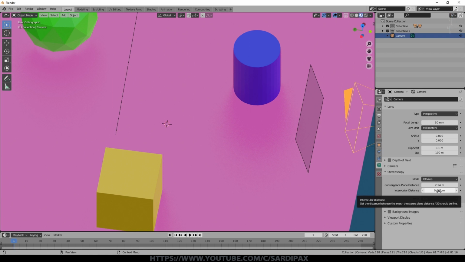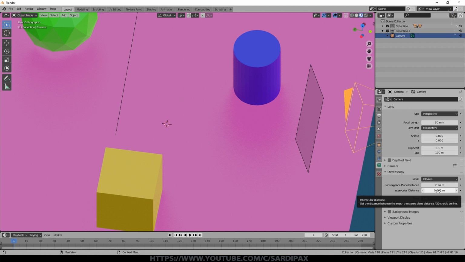So if you imagine relative to an object, if that object is much, much smaller than the distance between your eyes, then it must be a small object because the distance between your eyes is only 6.5 centimeters or thereabouts. If, on the other hand, it's many, many times bigger than that interocular distance, then it must be an object which is a lot bigger than your head, for example. So what I'm trying to say is that by having a larger interocular distance, I'm learning about this as we go, that this will give you an impression that the objects you are viewing are smaller. The bigger you make this, the smaller they will appear to be.